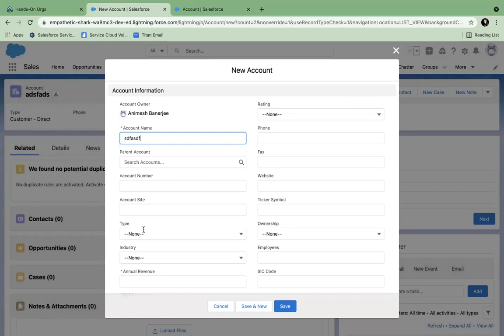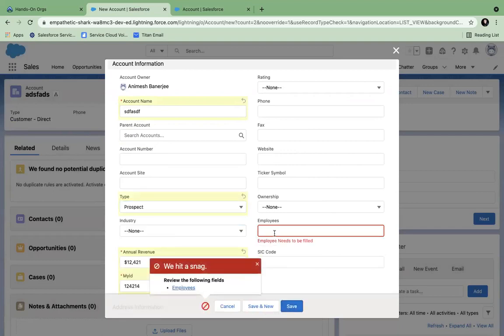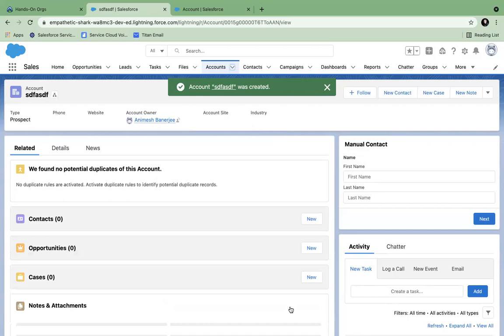But if I put some values here and I put a type called prospect and try to save it, now it is asking me for employee. So I have made this field mandatory for certain conditions. That is the most important use of validation rules. Is it clear, guys? Yes, sir. Now it is allowing me to save.